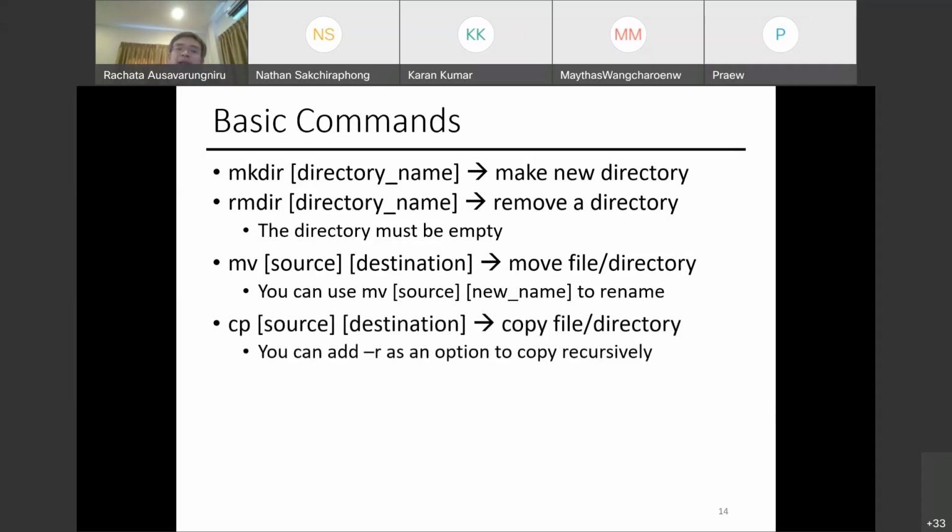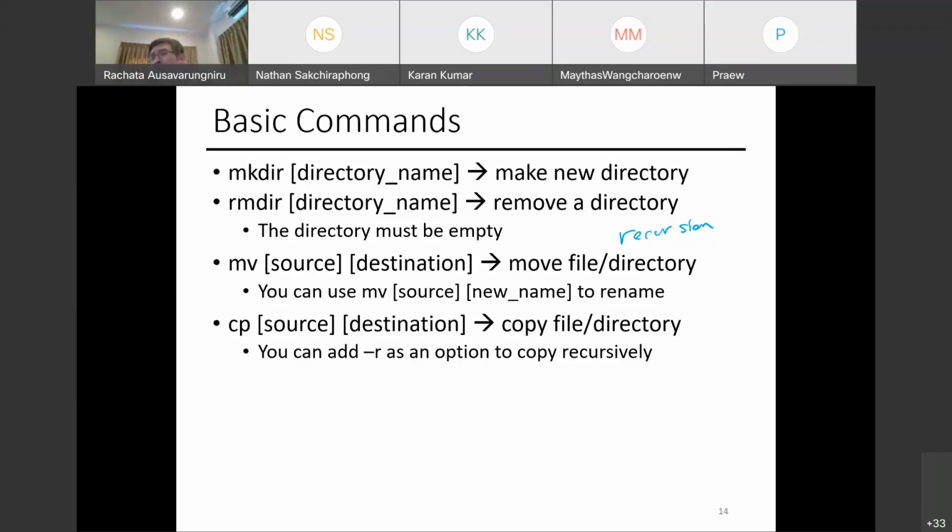cp, copy, is used to copy a file. You can add -r as a recursive copy. Did we cover recursion in Python class? So what does recursion do? What does it mean to recurse, like recursive?